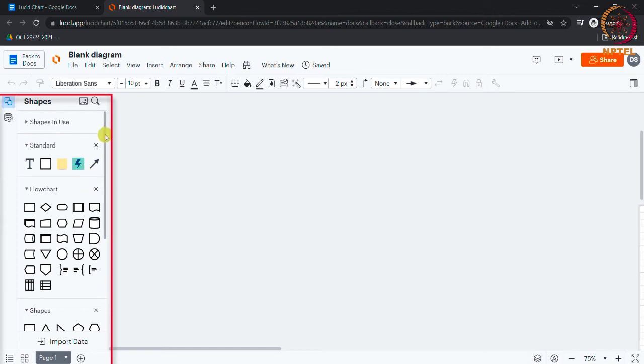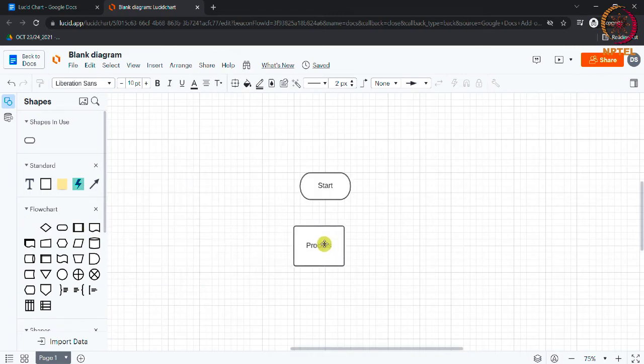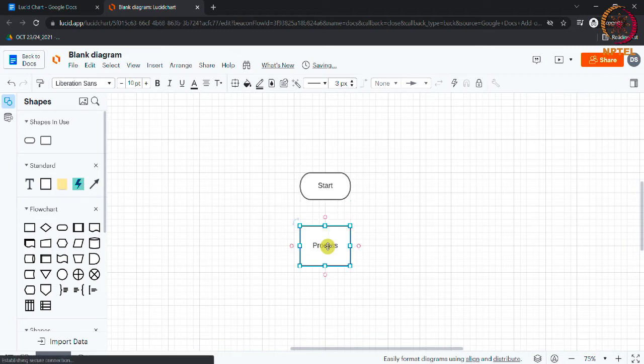On the left side of the window, you can see different options to add shapes. I am selecting this process shape and I am dragging it to the location where I want it to be placed.